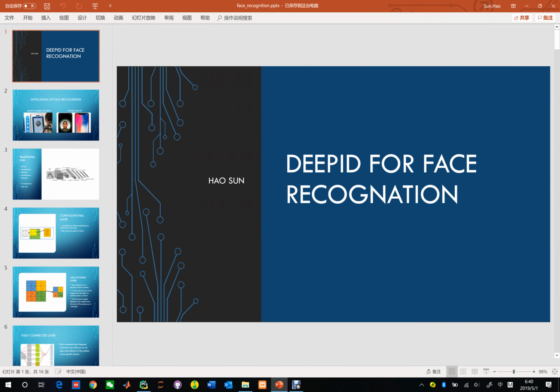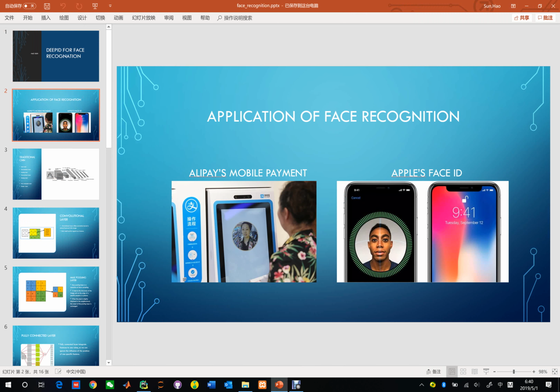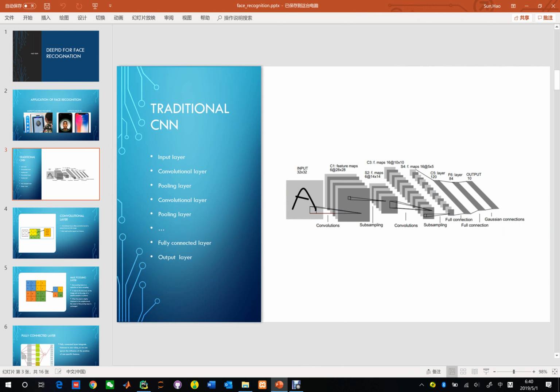Okay, my project is to implement DeepID for face recognition. You can see there are many applications in our daily lives using face recognition, such as Alipay's mobile payment and iPhone's Face ID. This picture is a